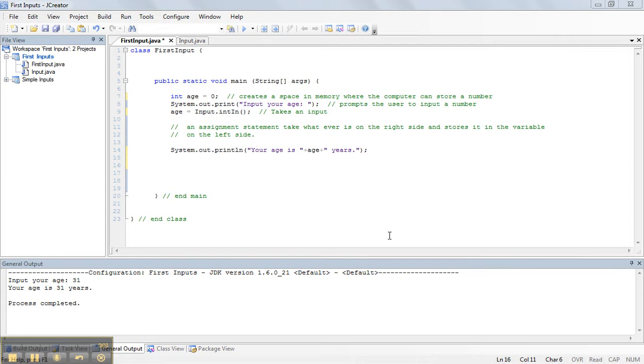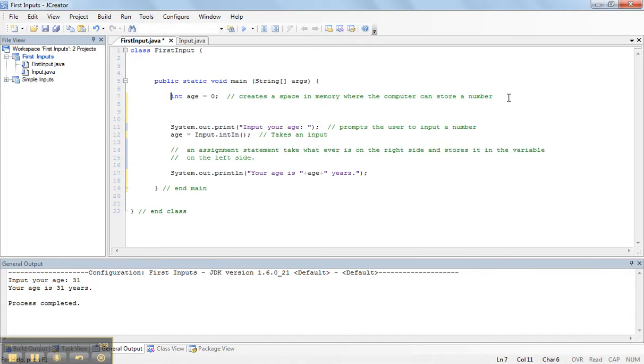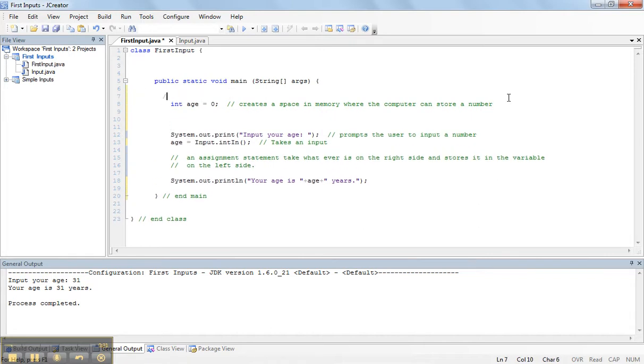So in this video, we're going to build on the previous written program. What I want to do now is take a name as well. So the question is, what type of variable would you store a name in? A name is simply a word. And remembering that words in Java are stored in what are called strings. So what we're going to do is at the top of the program is where we're going to declare